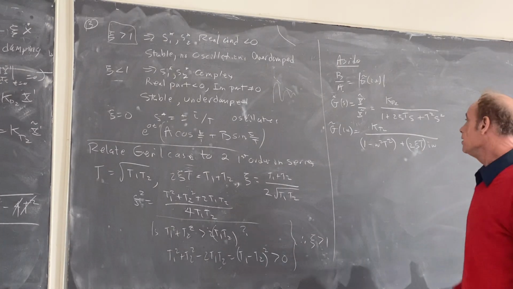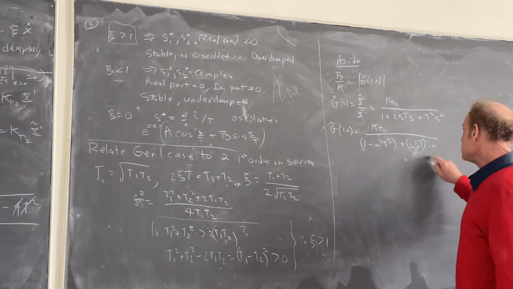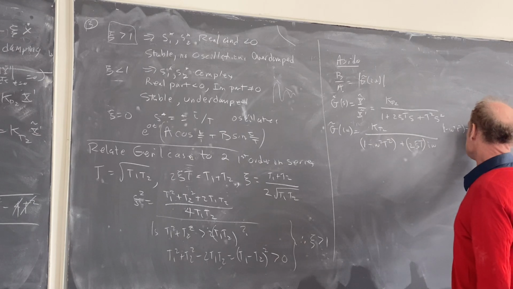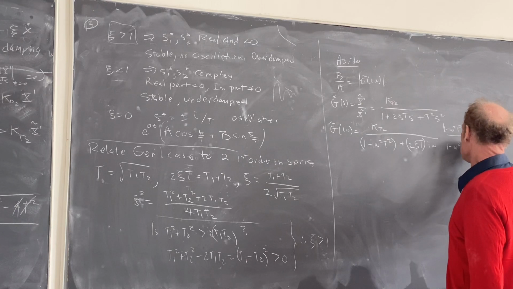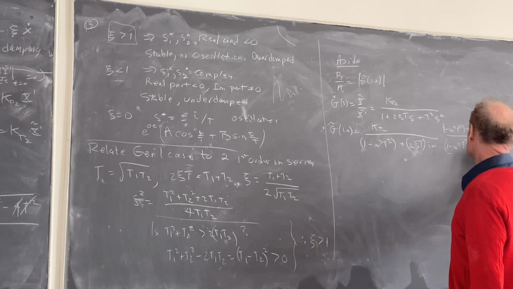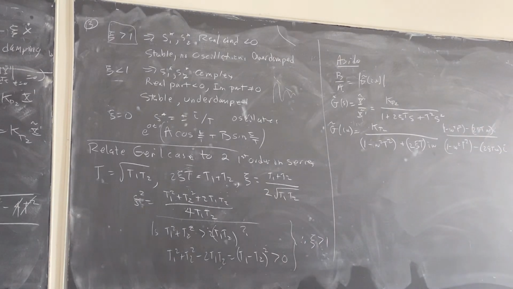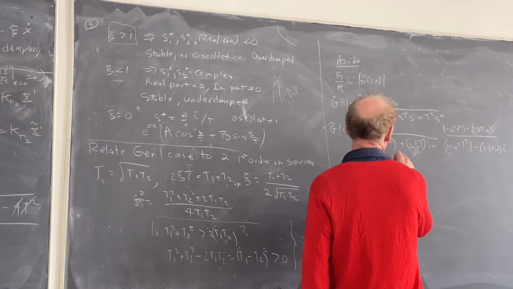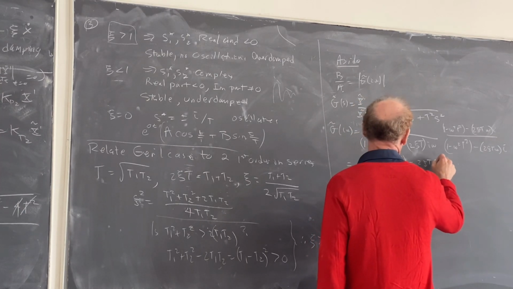So now again, I have an i in the denominator rather than in the numerator. So to get it in the numerator, I multiply and divide by 1 minus omega squared tau squared minus 2cτ omega i over the same thing, 1 minus omega squared tau squared minus 2cτ omega i. And if I do that, I get Kp2 times 1 minus omega squared tau squared minus 2cτ omega i